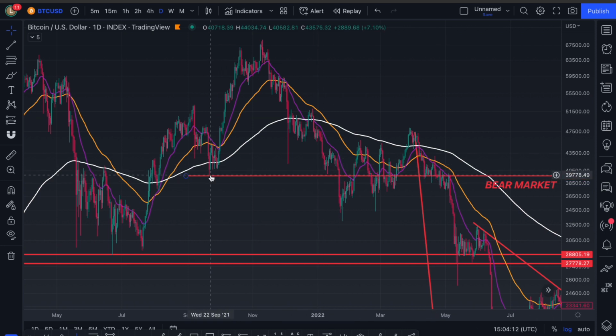We had this higher low back in September last year, September 2021. This was our higher lows, our left shoulder of the head and shoulders pattern. And you made this lower low, and on that specific candle, I told everyone in the Discord group chat,